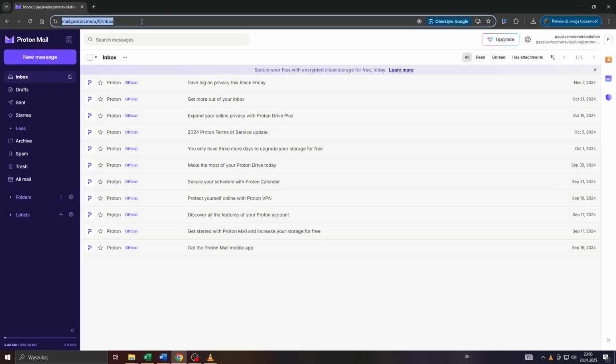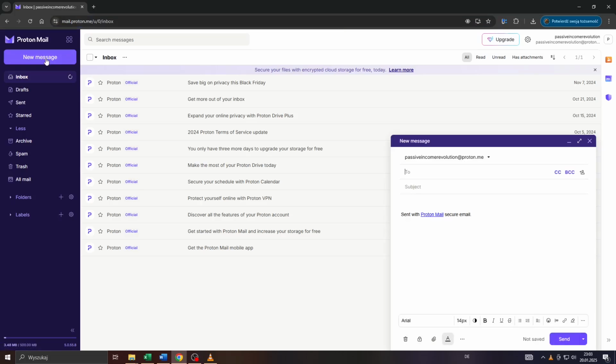Log into your account on Proton Mail and click on that new message button here in the top left corner inside your email inbox. That is going to open that window here in the bottom right corner, where you will be given the opportunity to start, for example, with the recipient's email address here. Below, type in the subject of the email, and also below here in the text box, some text of course